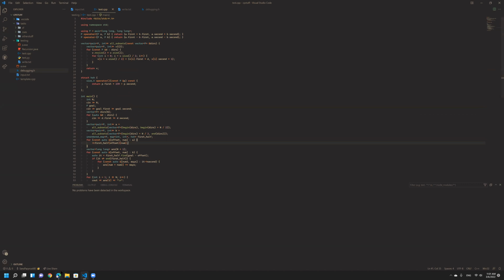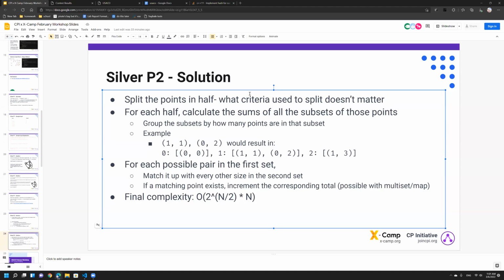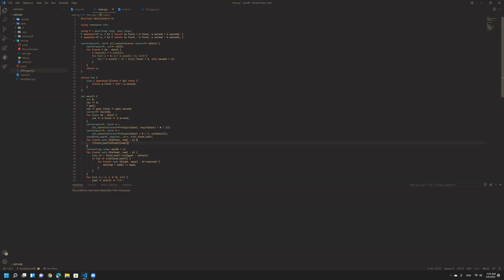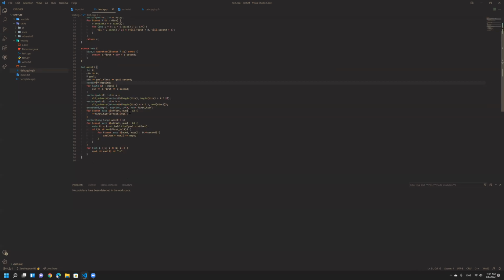All right, so I'll just go back to the slides. So actually, I'll do a walkthrough of the code again. So first off, we read in all the points. This is standard IO work. And then we split the vectors. We split it in half. We split into 2 vectors, A and B. Now A and B,